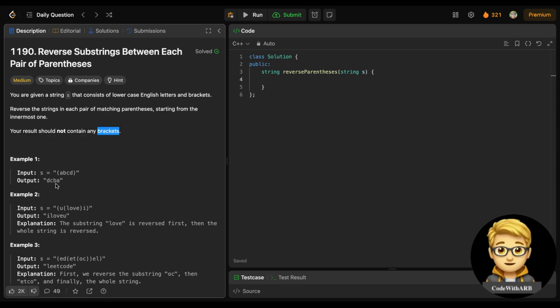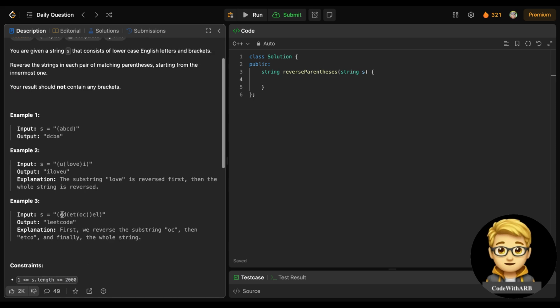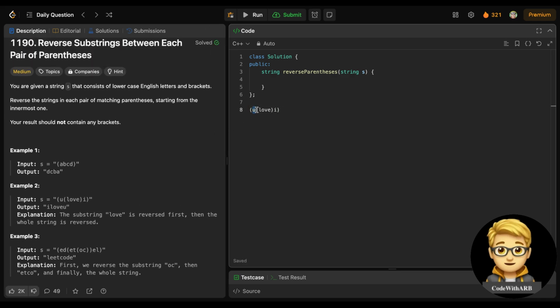Okay, so basically we are given a string. Let's see this example, and the string has parentheses. It's a valid parenthesis string. So whenever you encounter a string in parentheses, you reverse the string inside. That's what the question is saying: whenever you find each pair of matching parentheses, you reverse that string. If you see here, parentheses started from here, then again parentheses started and end here. Between these parentheses, this love string is there, so we need to reverse that one. If you reverse this, it becomes